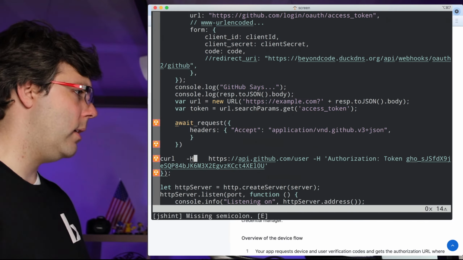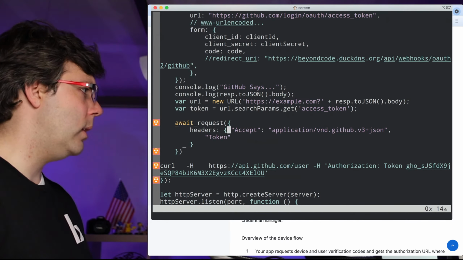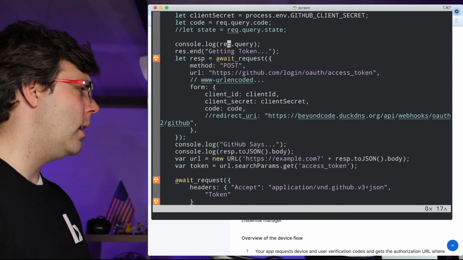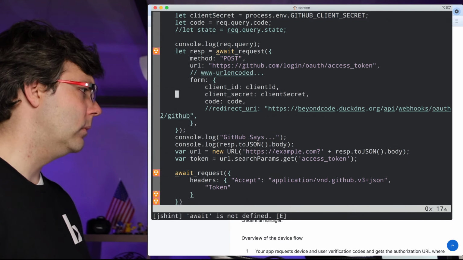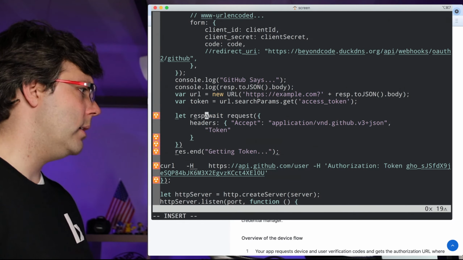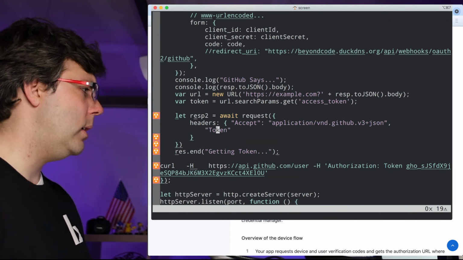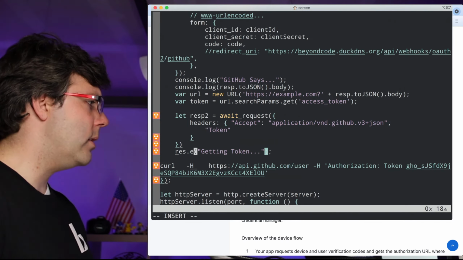And we're going to want to put another header in here, which is the token. But we're not going to use that token. We're going to use our token. And instead of responding here, I'm going to respond down here. Let resp2 or profile, yeah, let's just call it resp2 for now. Resp2 equals this, and we're going to do res.json